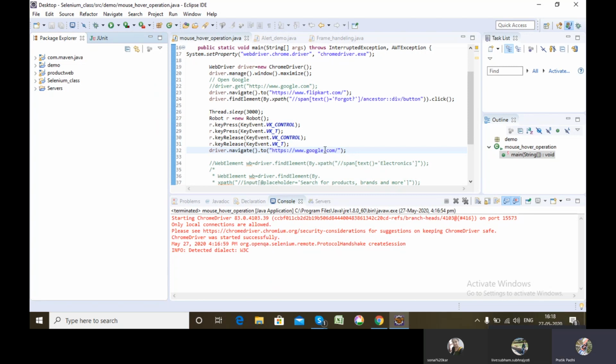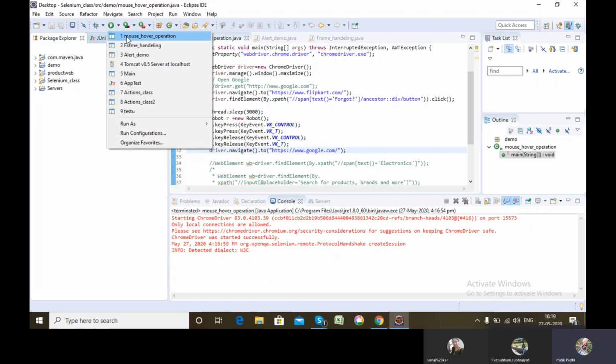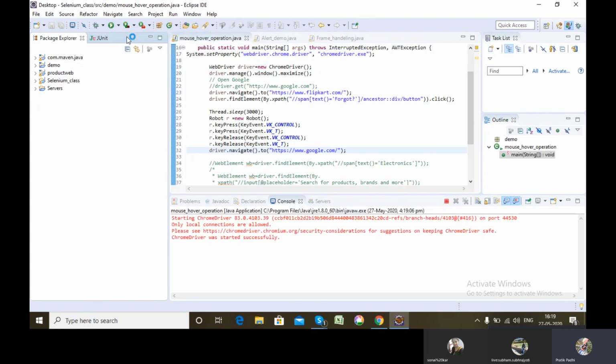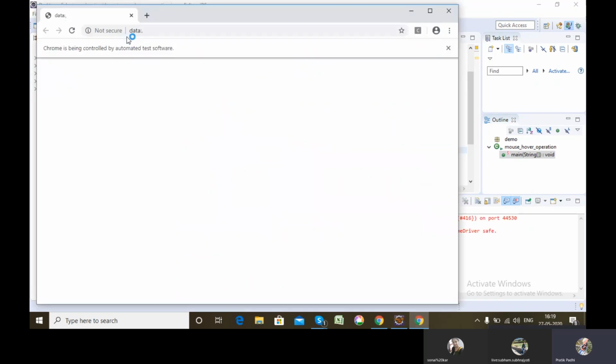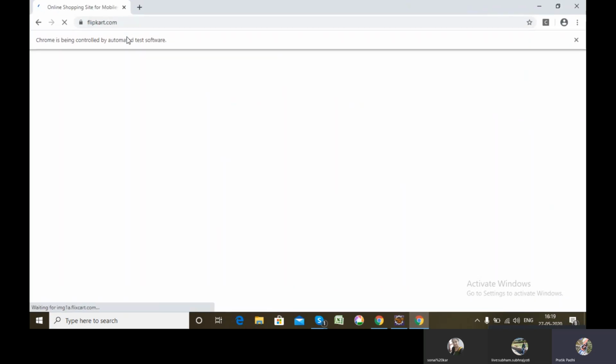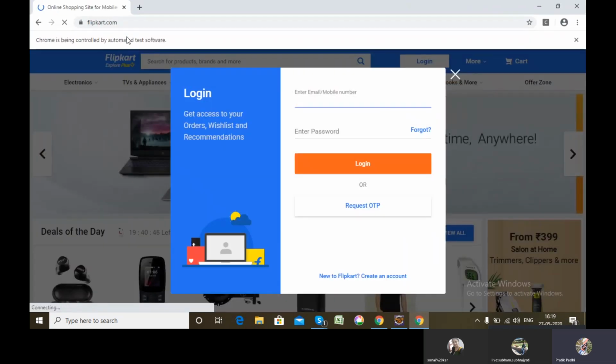But you will see that this particular site doesn't open in the new tab, rather it gets opened in the previous tab. Once I run it, you will notice it. Here the Flipkart got opened, right?